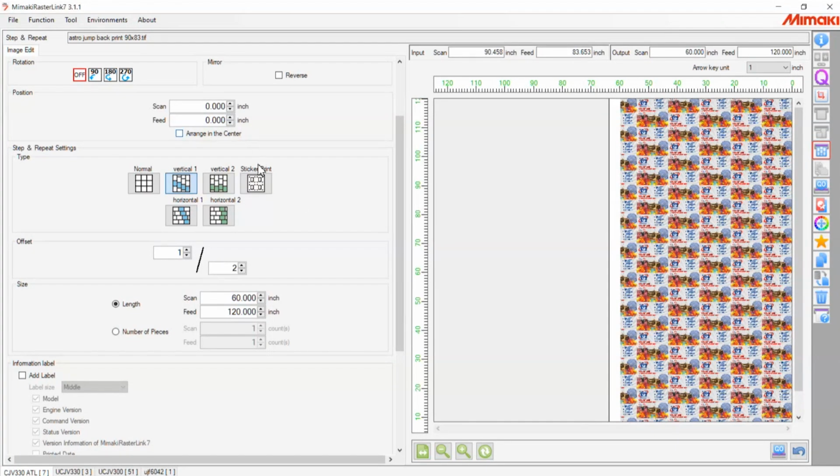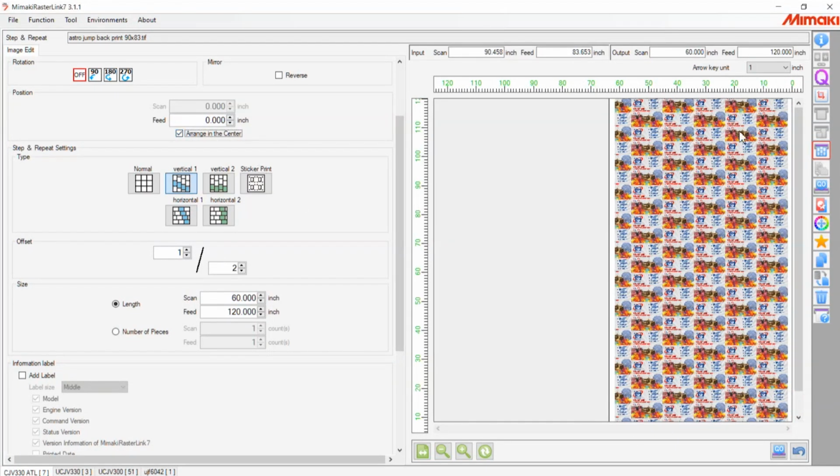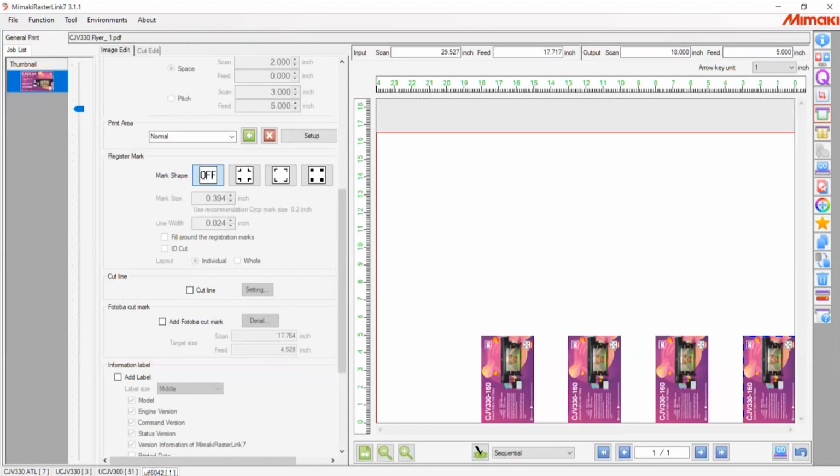And then you can also center it if you'd like to. Again, another powerful tool so you don't have to make your own patterns for yourself. You can just make the initial 12 by 12 swatch, put it in RasterLink, and it'll do the rest for you. The next tab, we're not going to go too in detail, but I do want to mention that we do also have